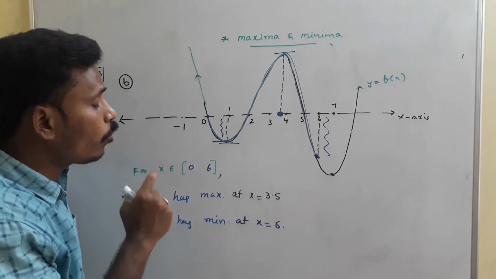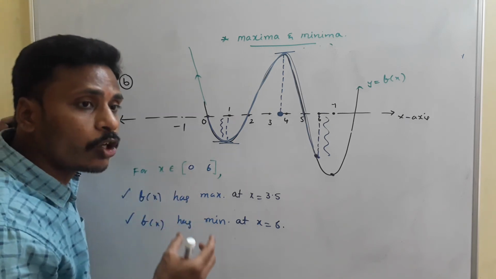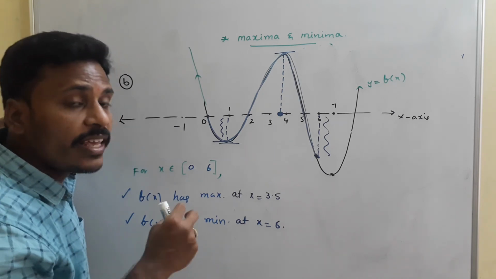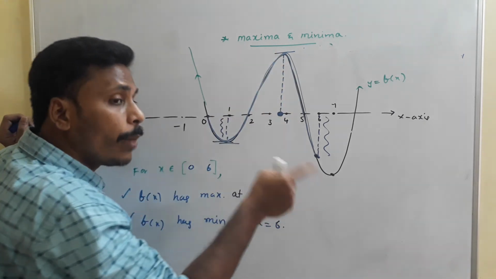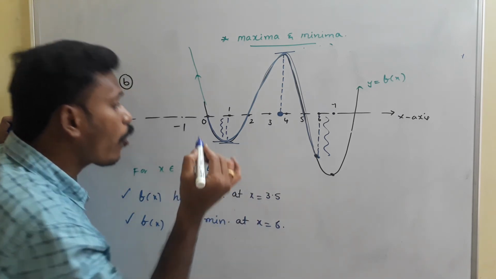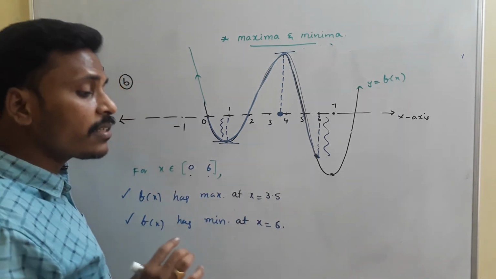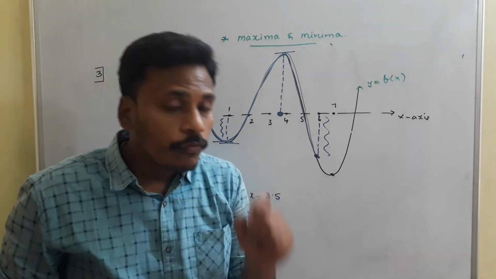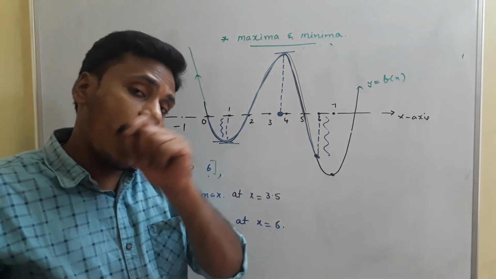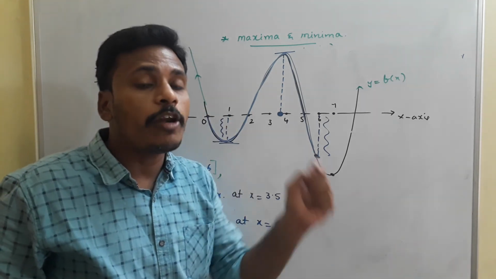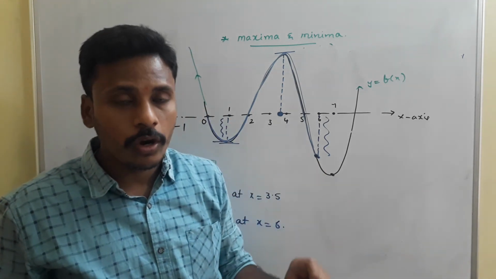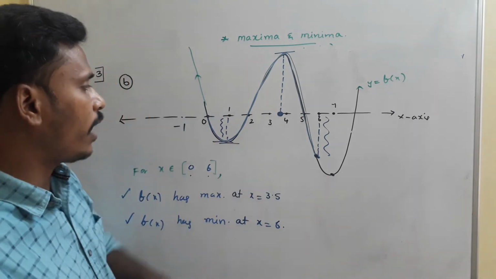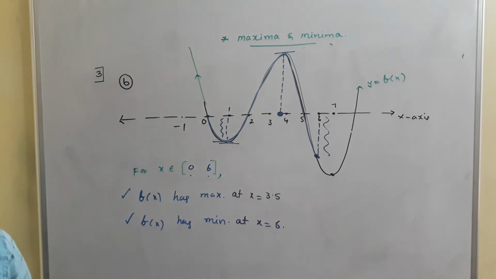Since we are searching for the minimum, at x equals 6 we have the minimum value. So from this, what I am trying to conclude is that minimum or maximum not only exist at the peak points, but also exist at the end points of an interval. That is, to find either maxima or minima for a function, we need to check the peak points along with the end points of the interval also. To explain that particular thing, I just gave you this example. Have a look.